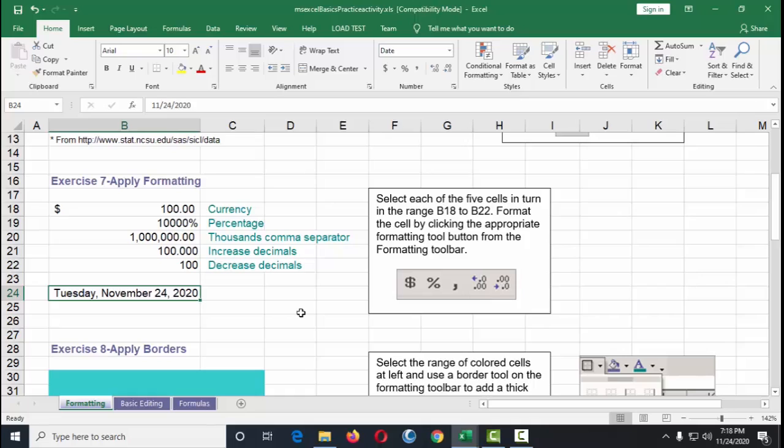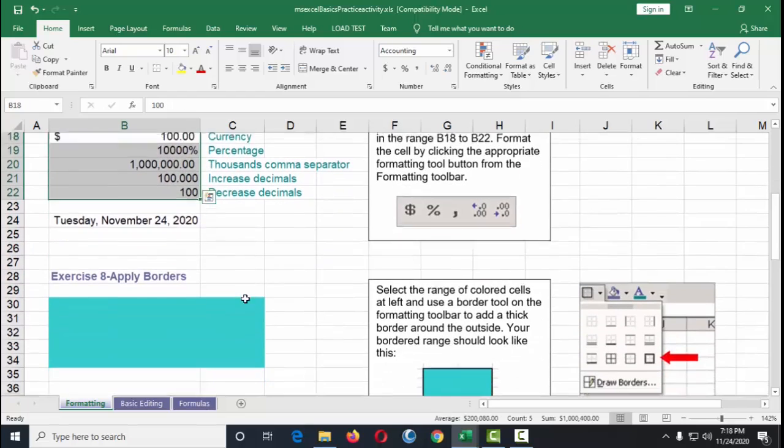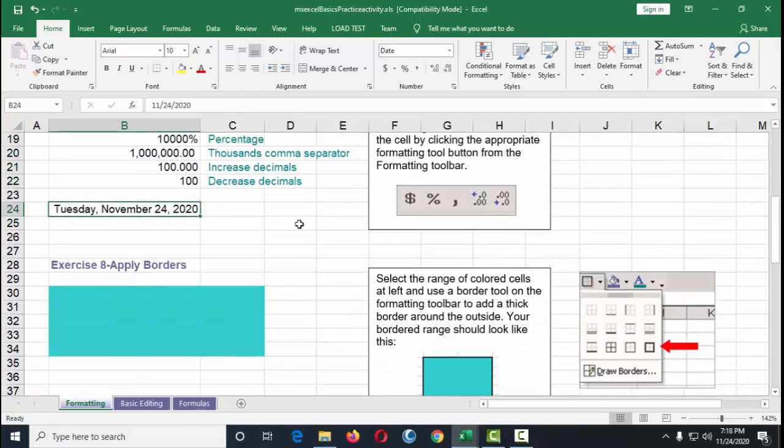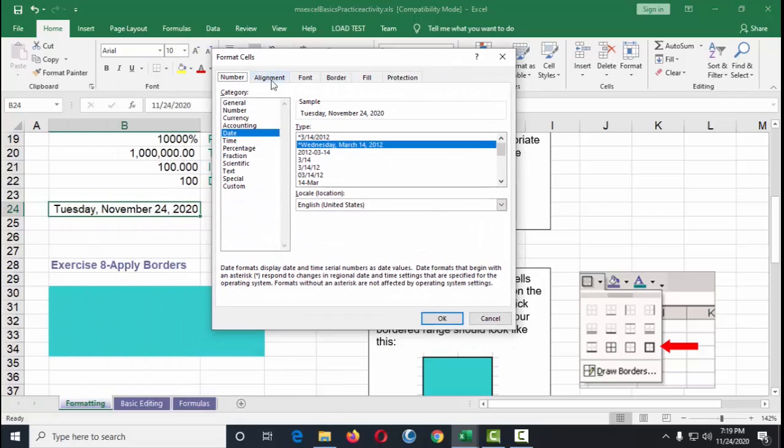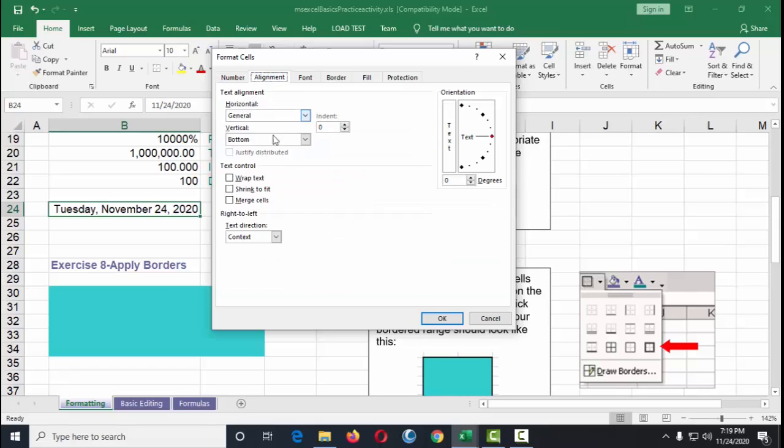So my point is, if you get confused about the values being displayed on your screen, you go to the format cells and you may change the format.